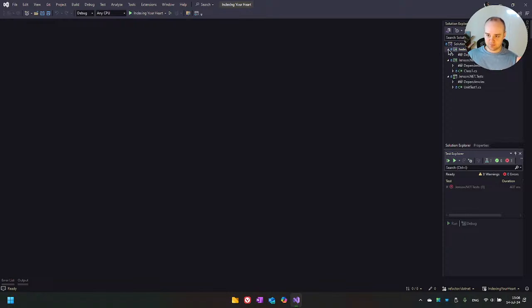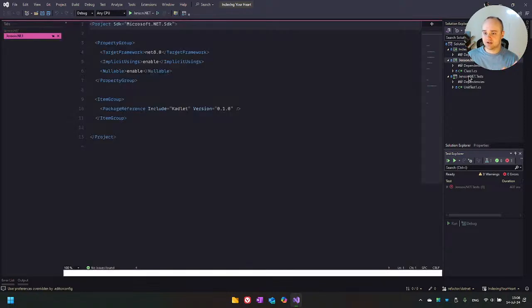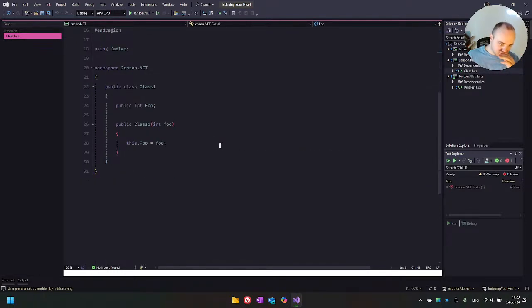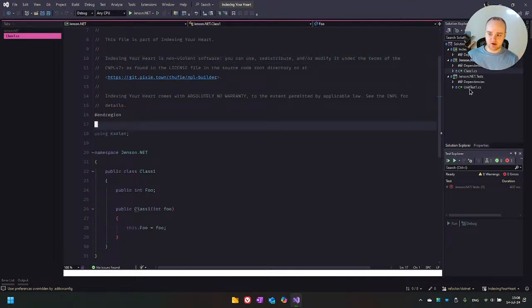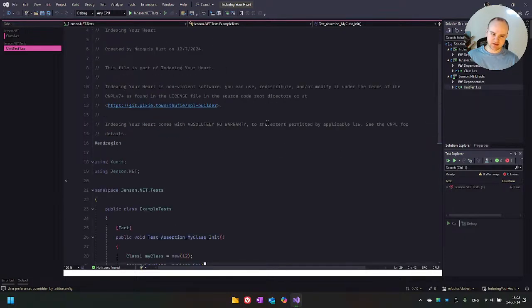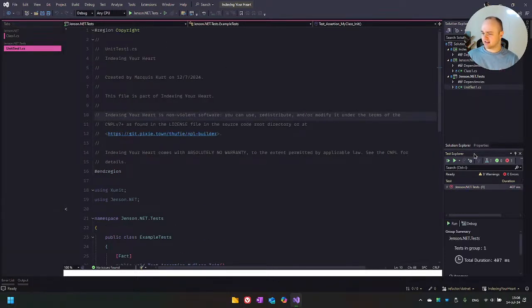So I did set up some basic things, because I just wanted to make sure that I could even get this to work correctly, because I'm not used to how C# projects and solutions work as well as I do Xcode projects and Swift packages. So we do have this Jensen.net, which is going to be where we actually write our code for the dialogue library itself, and then unit tests, because I want to make sure that we're writing unit tests for this. Although, I don't know why, but the Test Explorer wasn't available